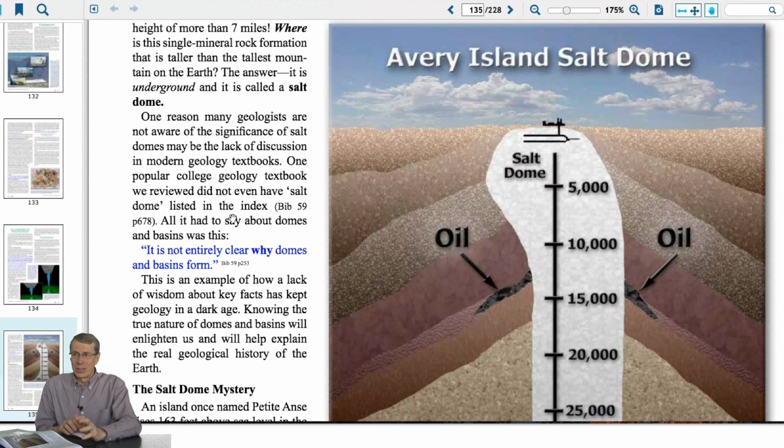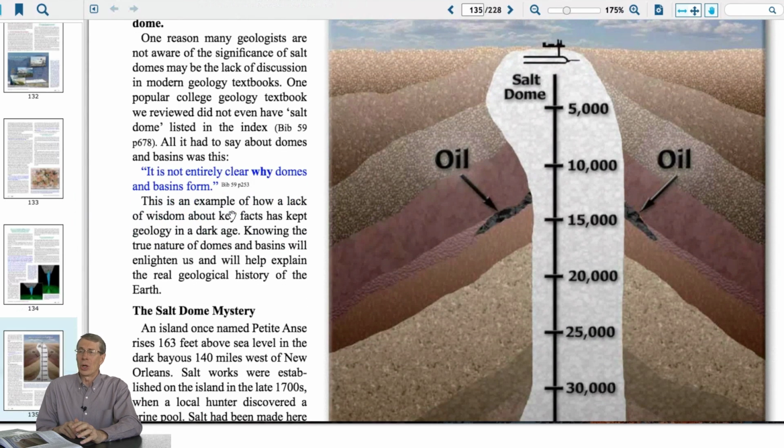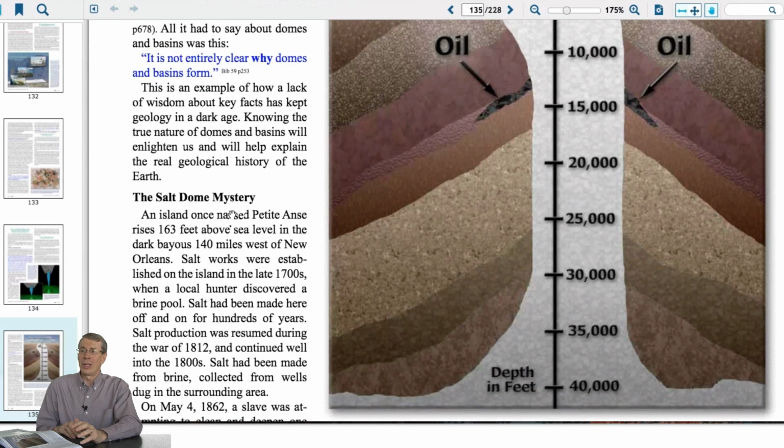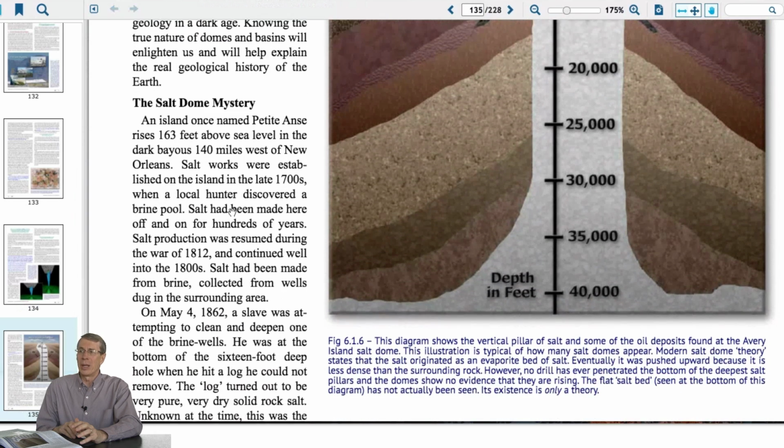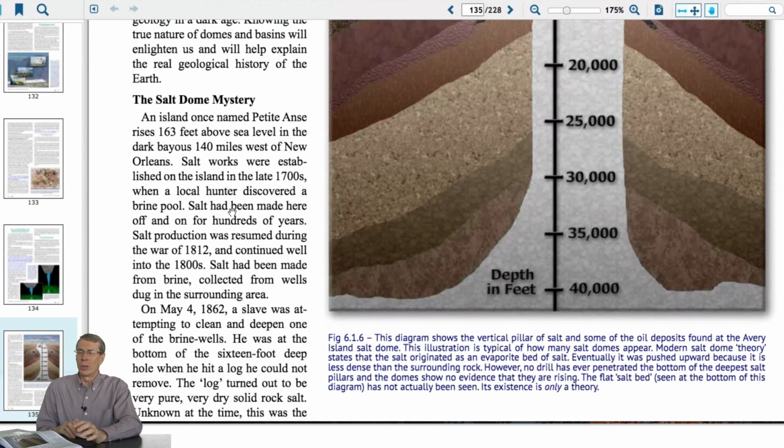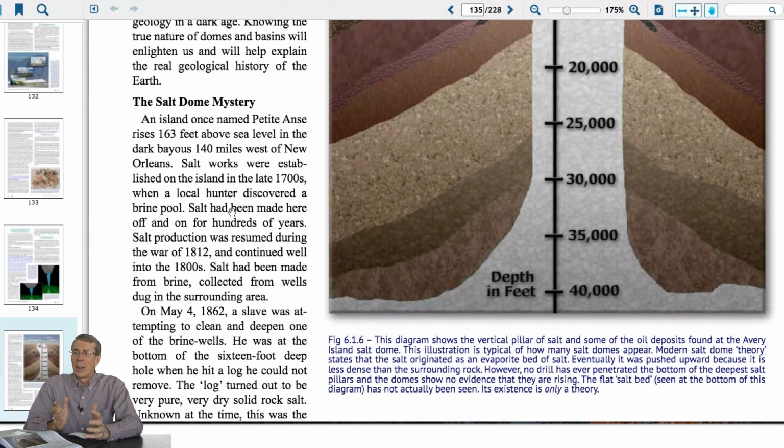And keep in mind, this is very, very important. When I would ask geologists what the largest rock in the world is, you'd think it's part of their profession. They would understand this, but it's not something they're taught in school, and so it's not commonly taught that salt is the largest rock. This particular one is actually over 7 miles deep. The largest mountain in the world is 5 miles high, Mount Everest. So this is actually bigger than the biggest mountain in the world, these 7-mile deep salt plugs or salt domes.